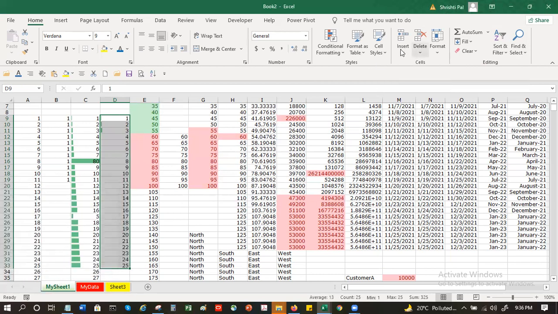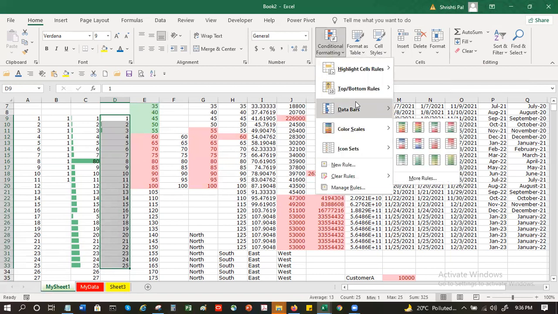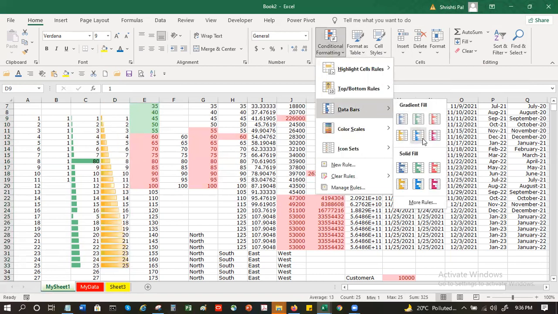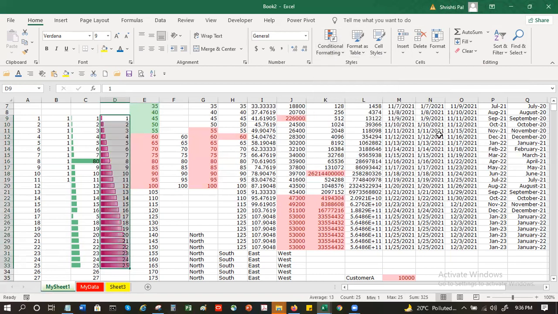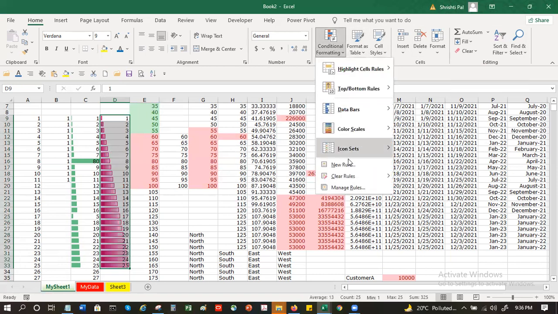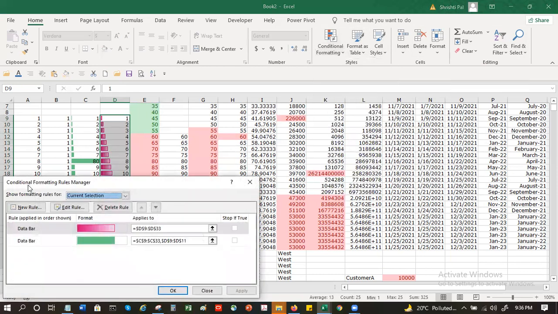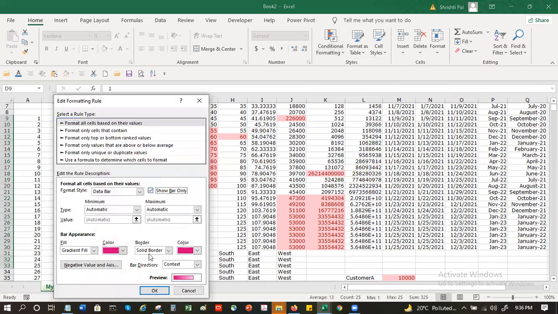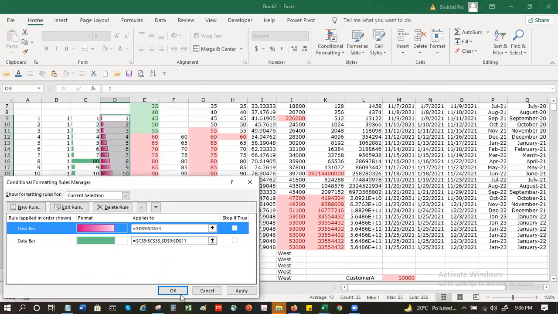Now I again do this conditional formatting. Let's say I choose this color. This time I'm going to choose this data bar and I'm going to hide my display values.